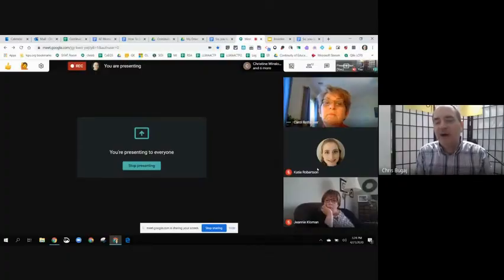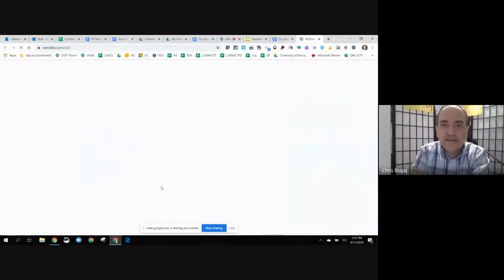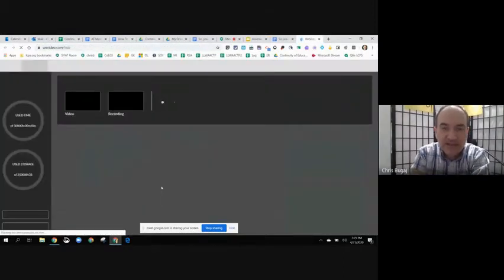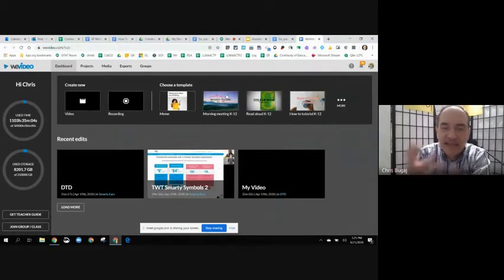If you want to record your screen because you have some sort of PowerPoint you're going over, then we have another tool for that, and that is called WeVideo. WeVideo is software that we've purchased. LCPS has had it for a while. And when you first go to it, it'll ask you to sign in, and you sign in with your LCPS